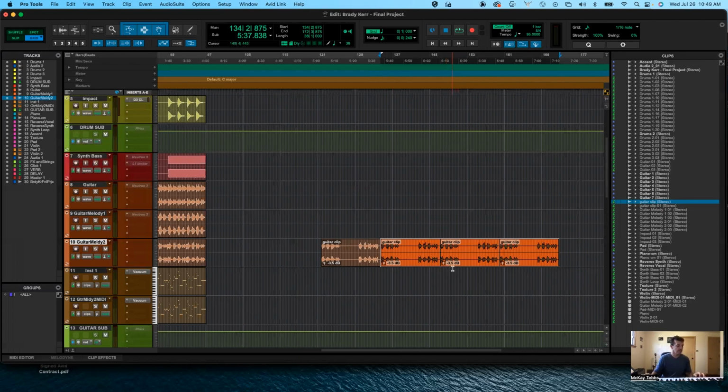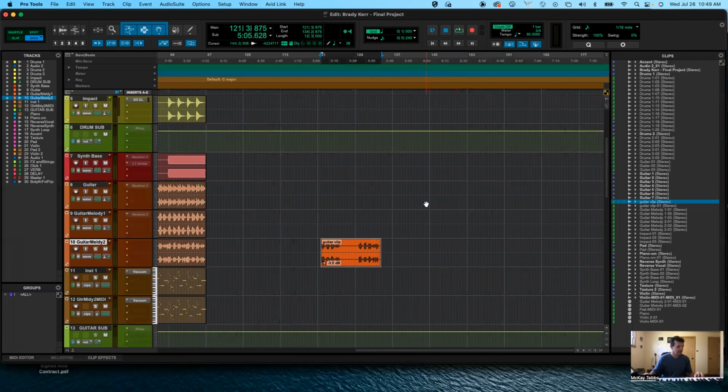Let's talk a little bit about nudging now. I don't know if you've ever heard this word nudge before, but it's a way of moving clips without clicking and dragging with your mouse. First of all, look up here at this window. You're probably most familiar with this window for your grid mode. When we're in grid mode like we are,